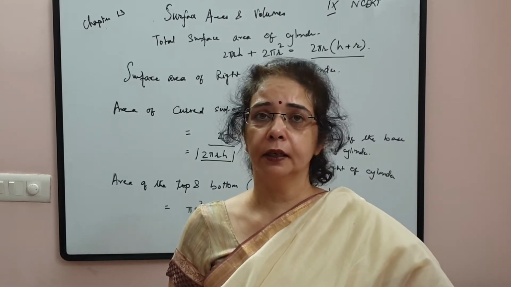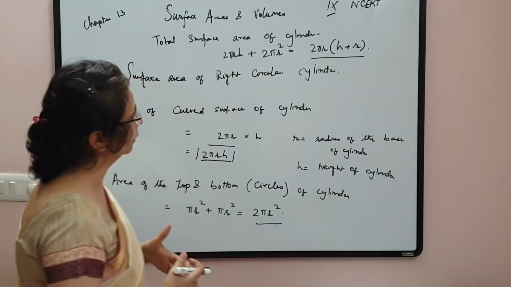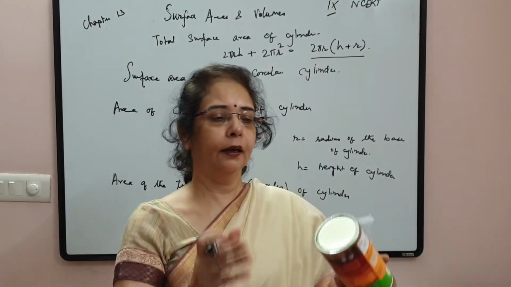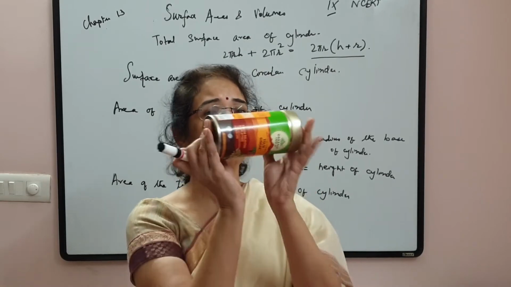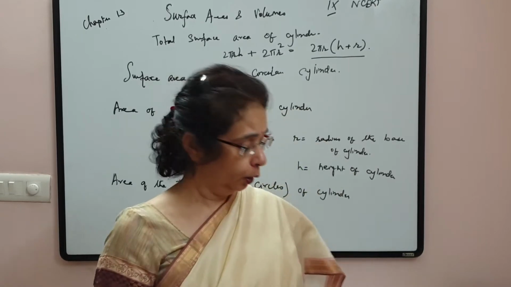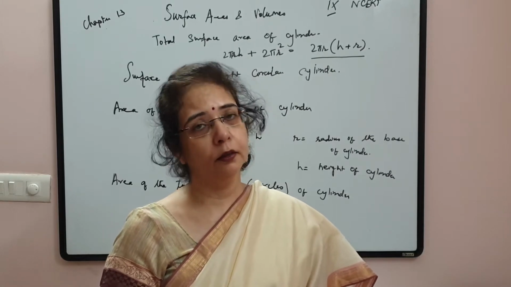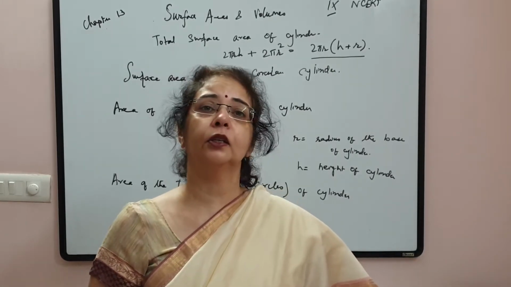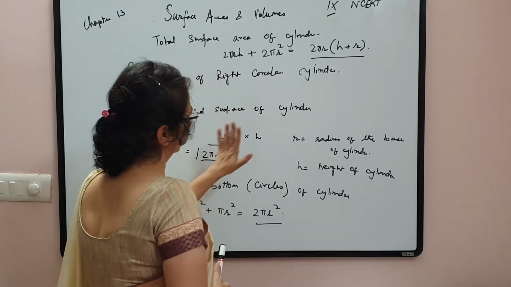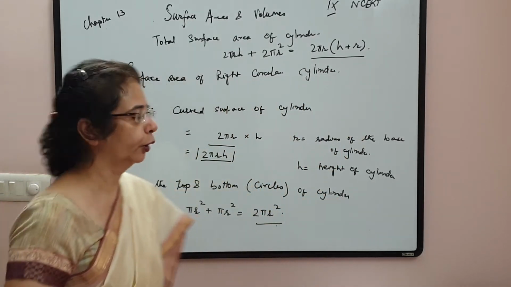So you have to consider what the question is demanding of you. In any of these circumstances, anything can be missing. Either the cylinder can be without the top, the cylinder can be without the bottom, or the cylinder can be without both top and bottom, with only this height area, that is the curved surface area. So the question can be of any kind, but you have to see what the question is. What is the information that your question is giving you? What is the question demanding of you? That is what is to be calculated. Alright. Now with this as the basis, we shall take up the questions of exercise 13.2.